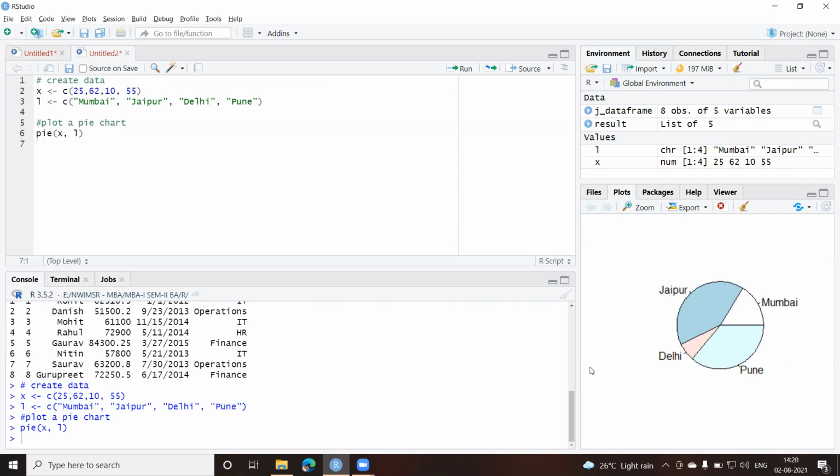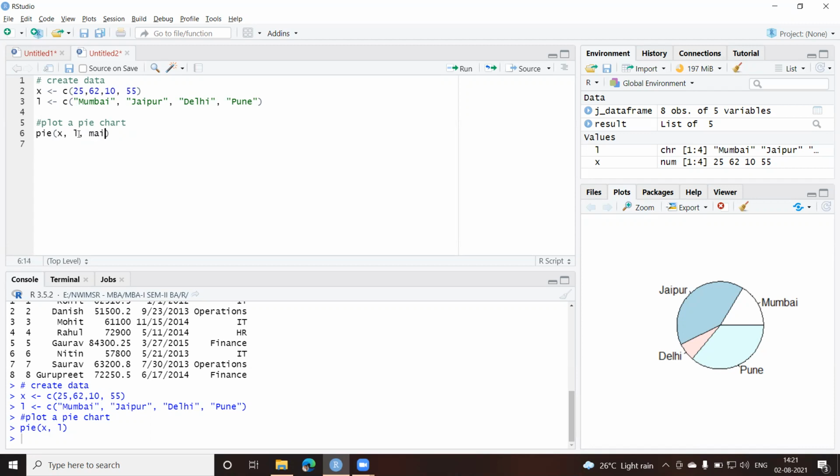Let us take an example and make some changes to the default colors. I'm not happy with this color, so we'll change this one. I'll change this function. So we have already passed two parameters. Let us look at the other parameters. Let us give the title to this.